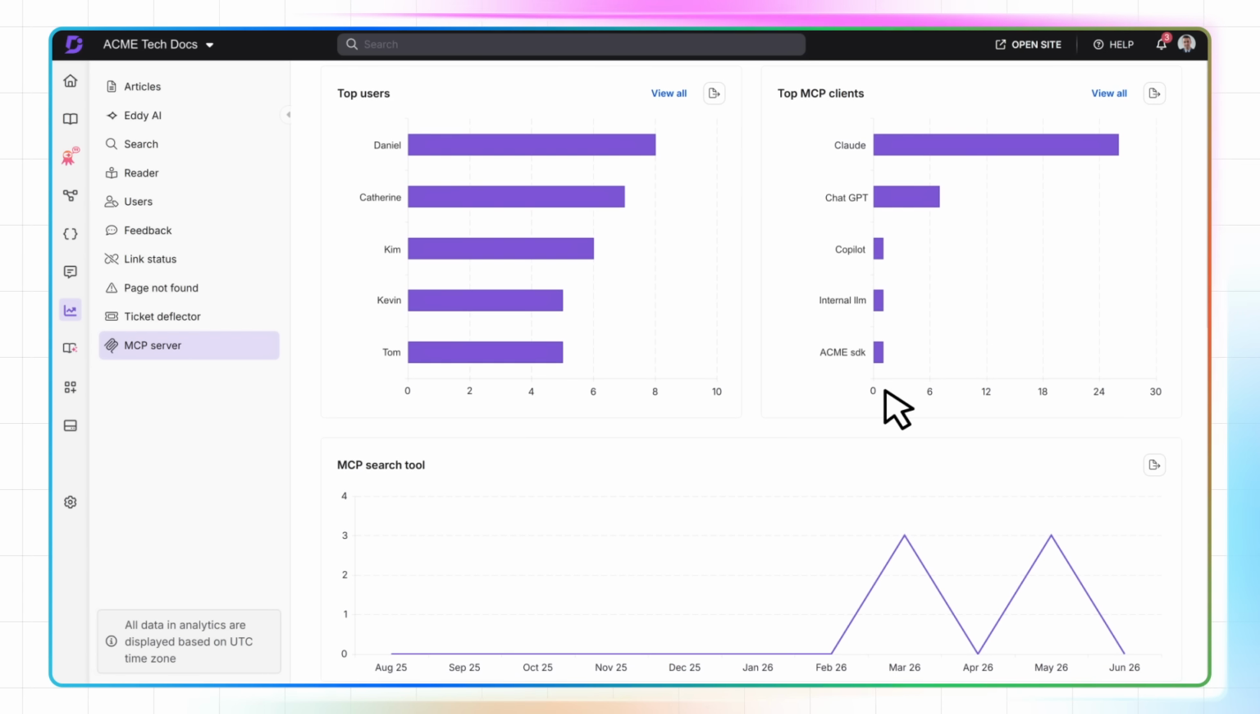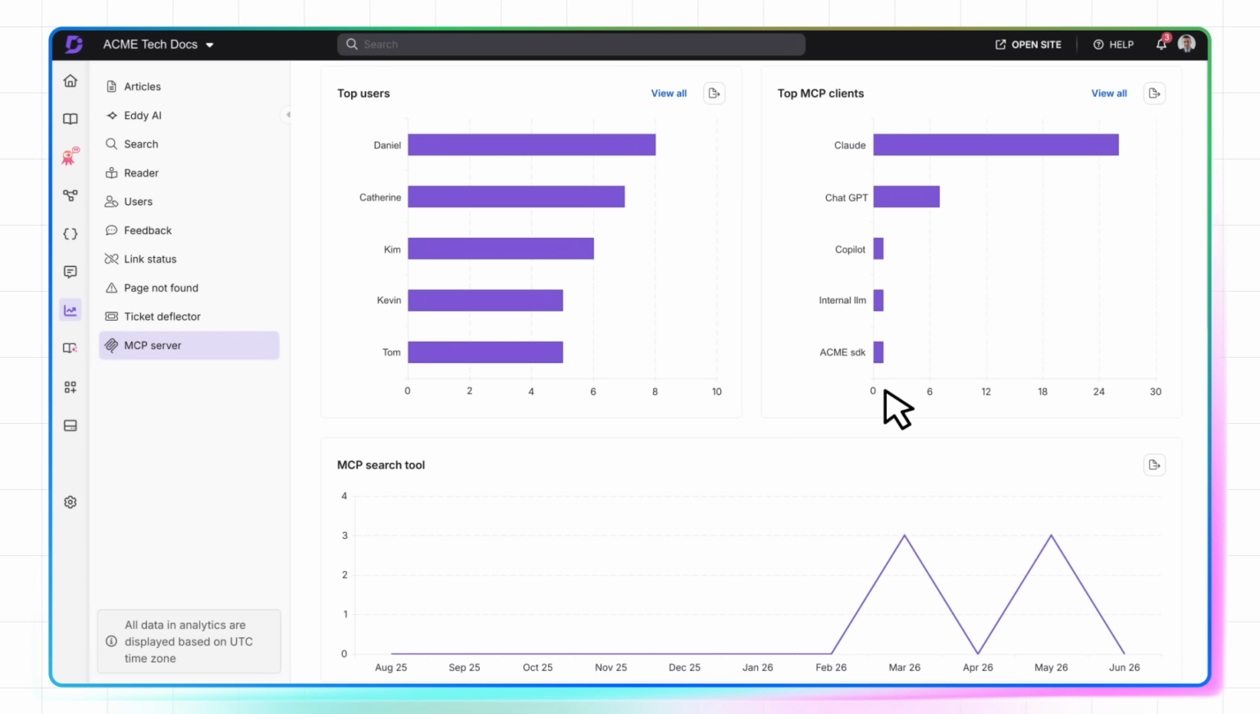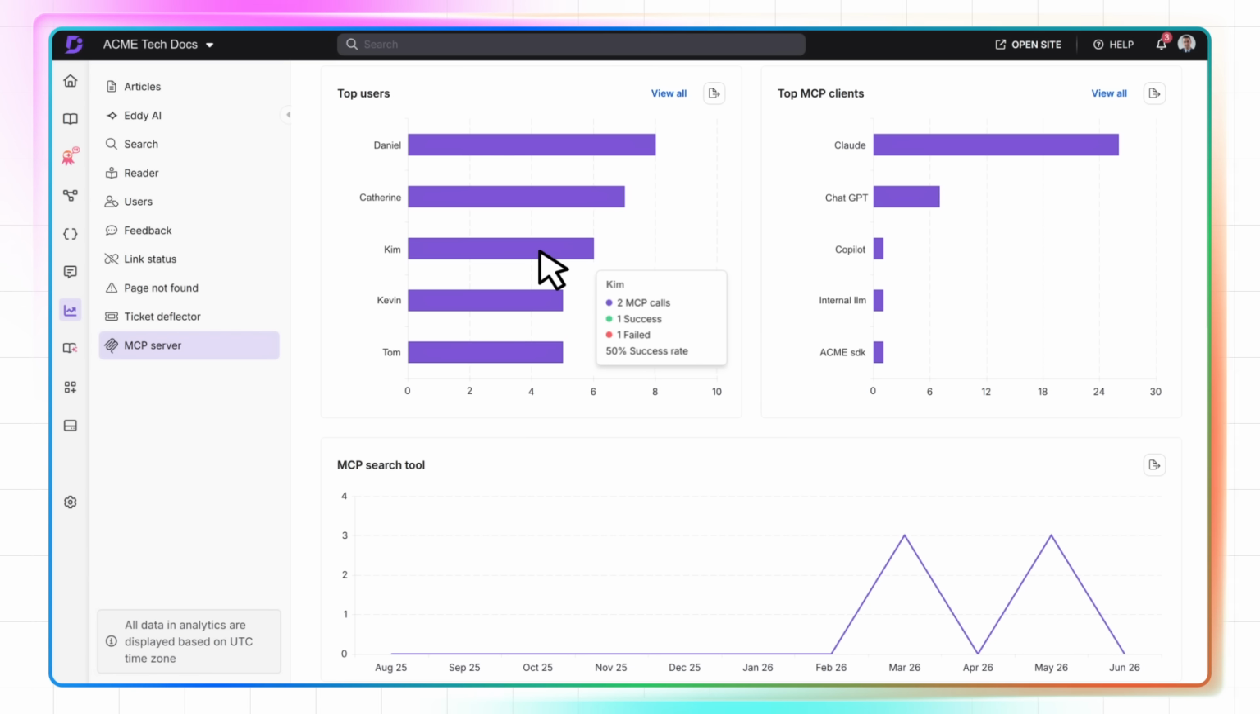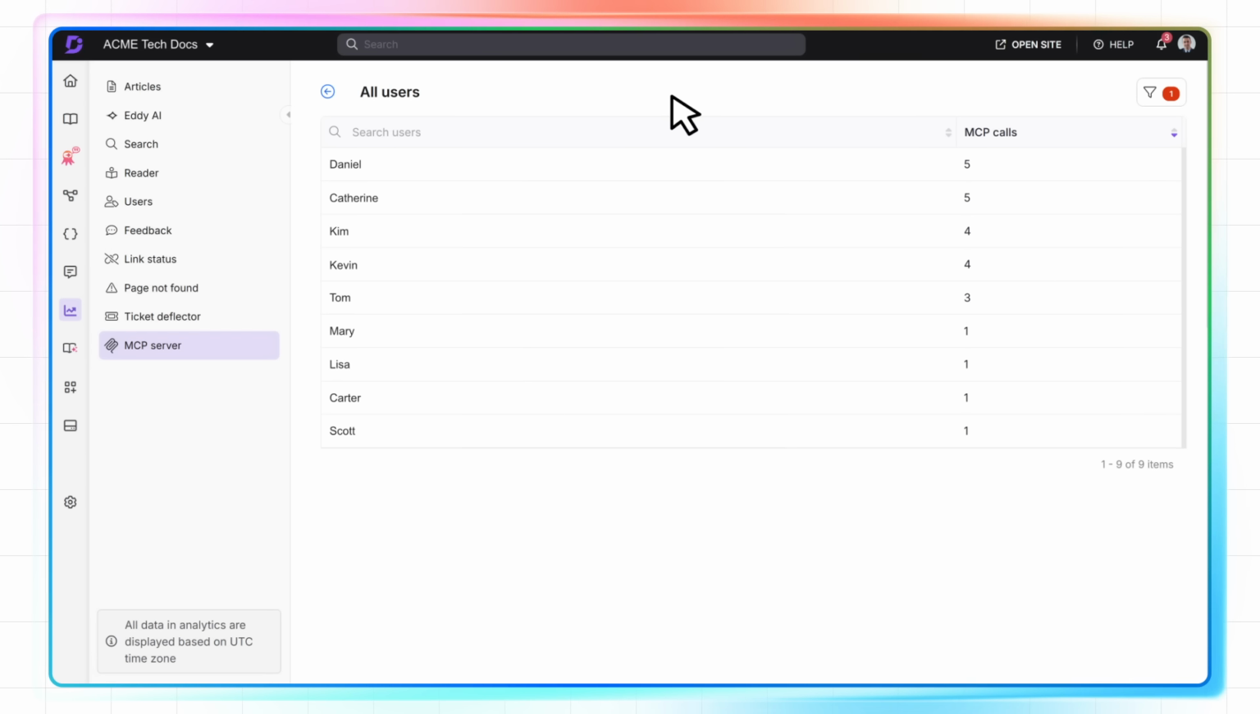The Top Users section displays the top users ranked by MCP call volume for the selected period. The top 5 users are shown by default. Hover over any bar to see that user's total calls, success count, failure count, and success rate. Click View All to see the full list, where you can sort by call volume and search for a specific